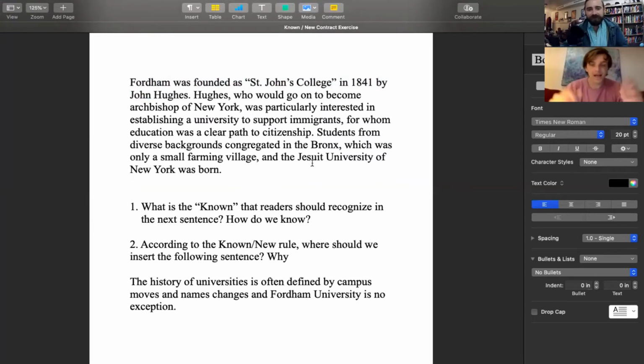Yeah, I absolutely agree. And we see this as a model in the paragraph. So this sentence begins with students. And if you look at the previous sentence, we see that it ends with the immigrants who are students. And so, as you said, this sentence ends introducing us to this notion of the Jesuit University. So it would make sense that the next sentence might begin talking about Jesuits. Kind of doing a handoff, like a relay baton of subjects. Yeah, that's a really nice way of describing it.